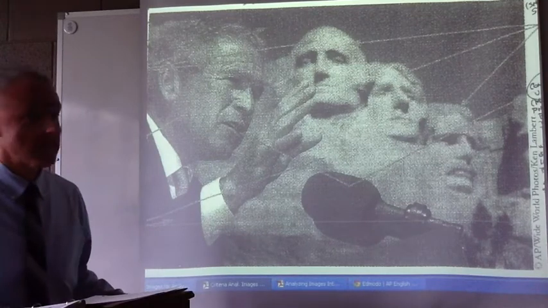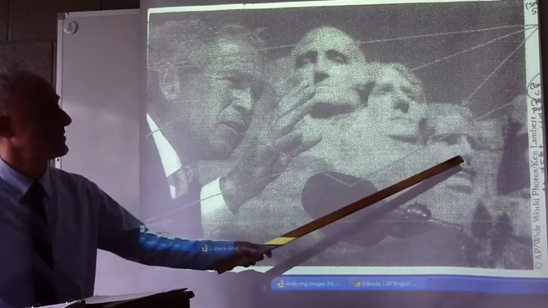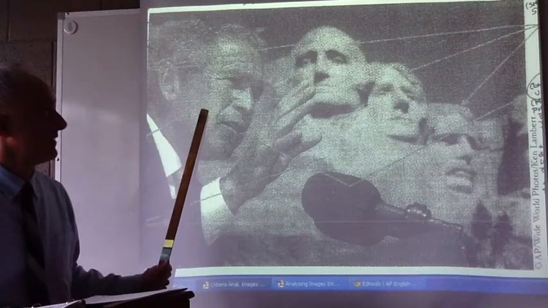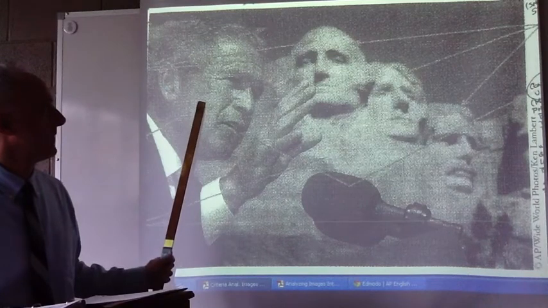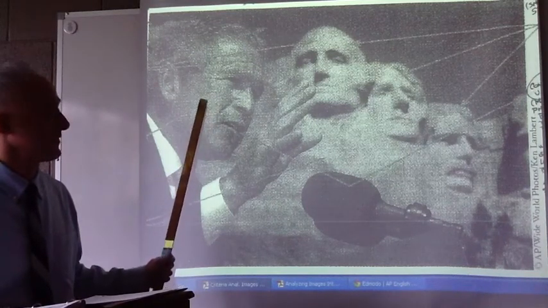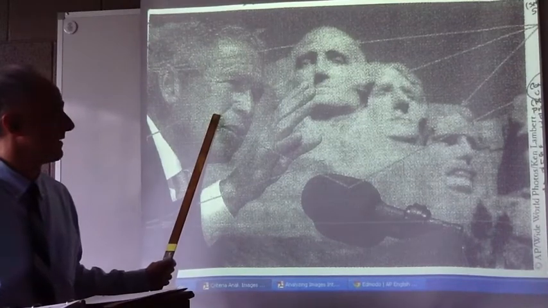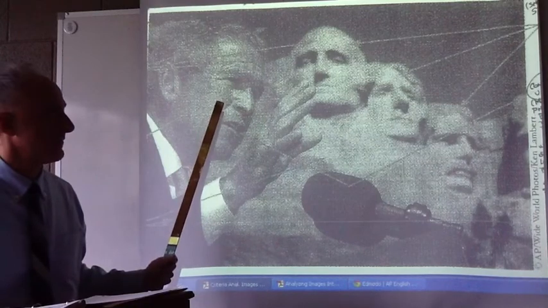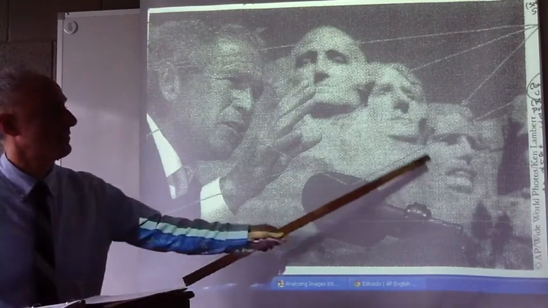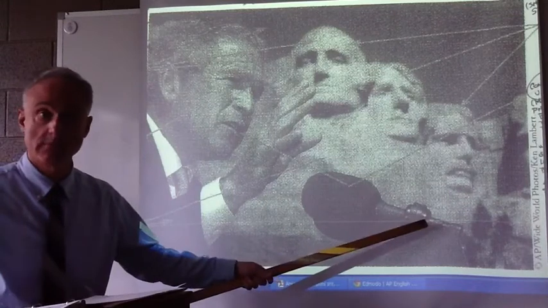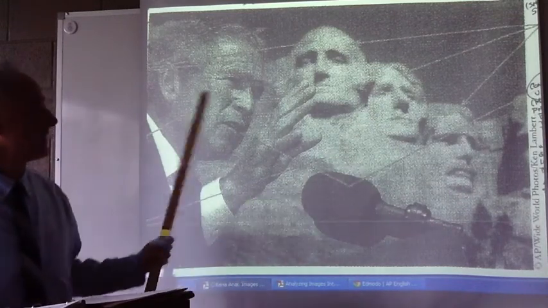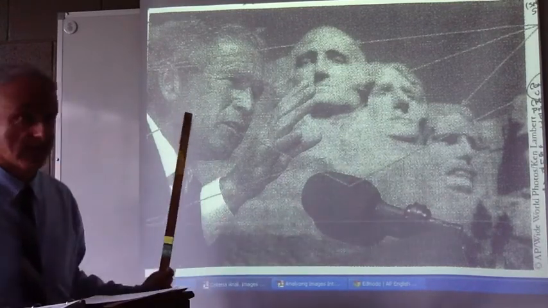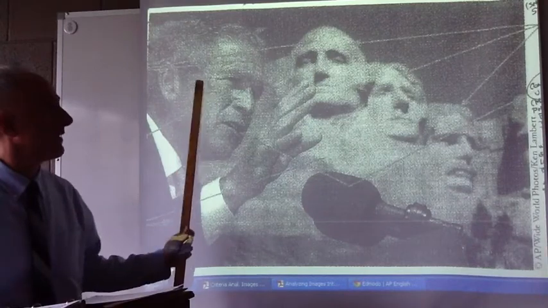Now, we also have the idea of continuation again, because we have a line of presidents right here, and then we have his face. It isn't exactly in line, and it's bigger too, closer. So this is actually our focal point. But it is in somewhat of a line with these heads of the presidents. So our mind says, oh, he belongs in that group. So it's really proximity, similarity, and continuation. All are interplaying here to make us accept the idea, well, I guess he belongs there